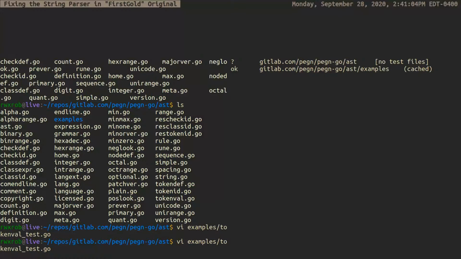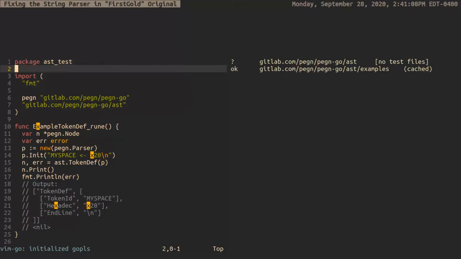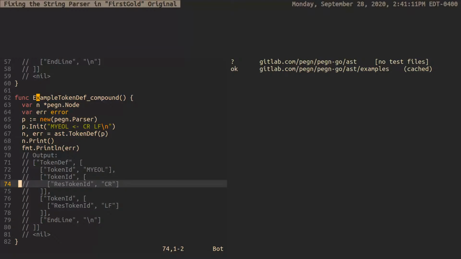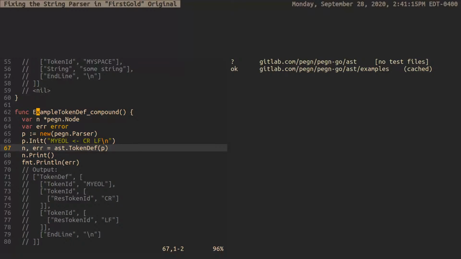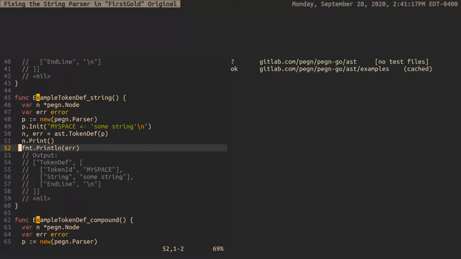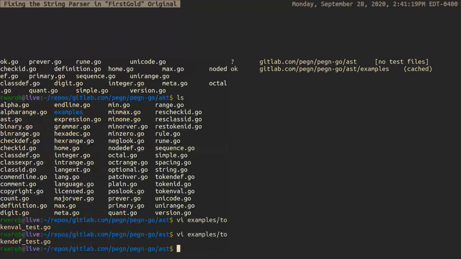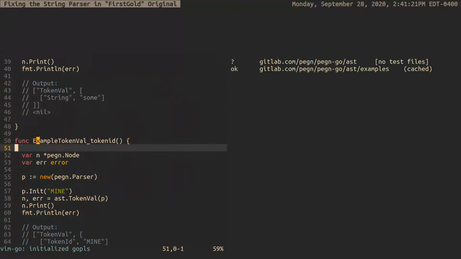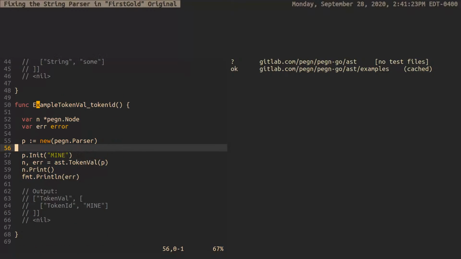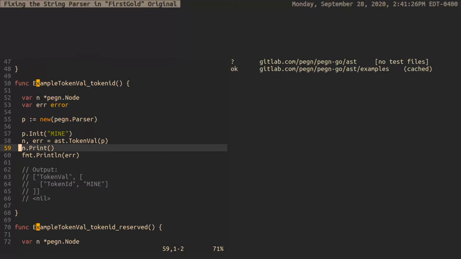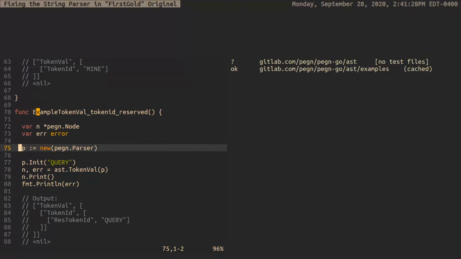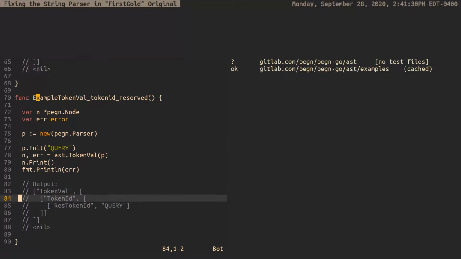Let's take a look at what token def is about. Rune, compound. Yep, this did it. It appears that my token val test is not even accurate. It's testing token ID. Oh no, it's not. It is. It's testing token ID. There it is. Token reserved. But